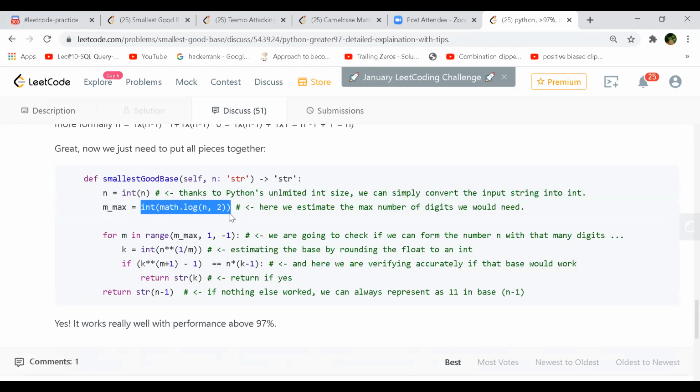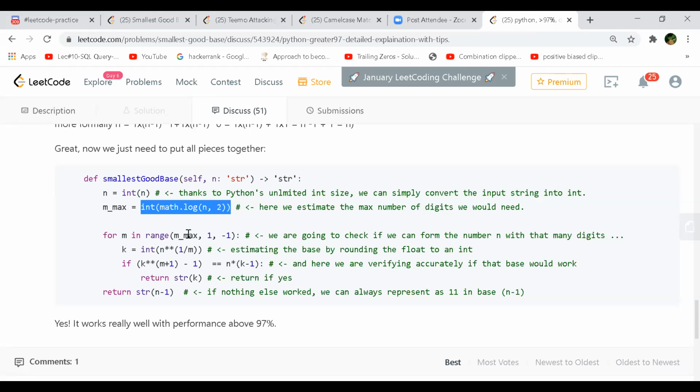You first calculate the m max, based on what your n is. And then from your m, going top to bottom, you go to that m max. So your m in this case is in the range of m max, which will start from 1, right? 1 all the way to m max. No, he's starting from the opposite, I mean, from m max to 1.